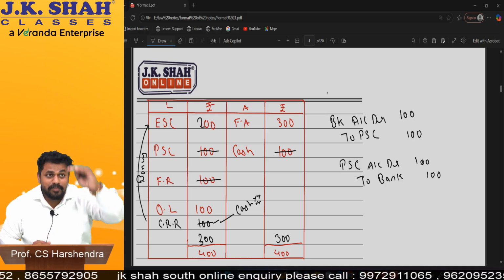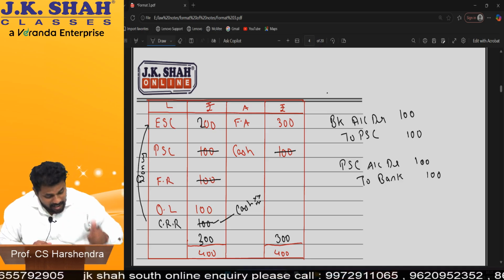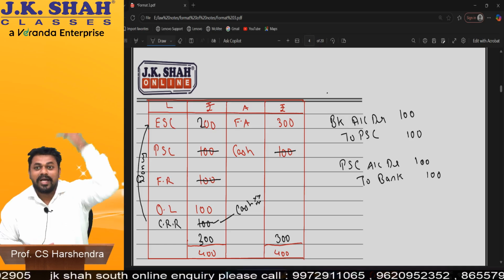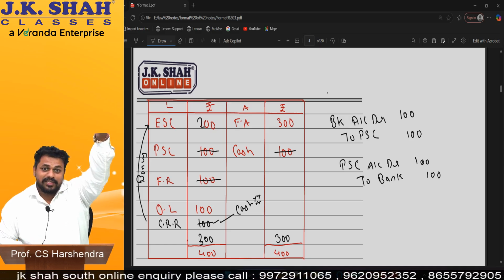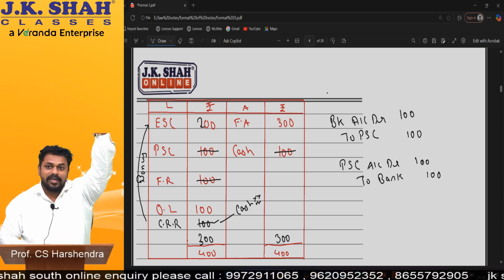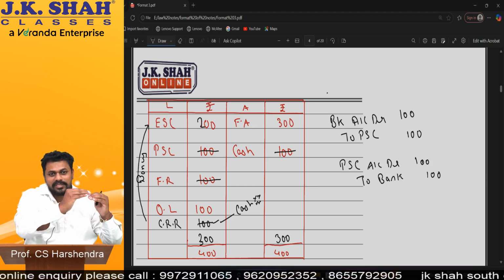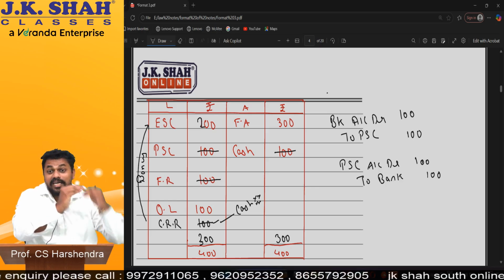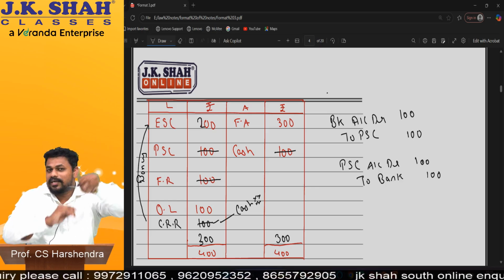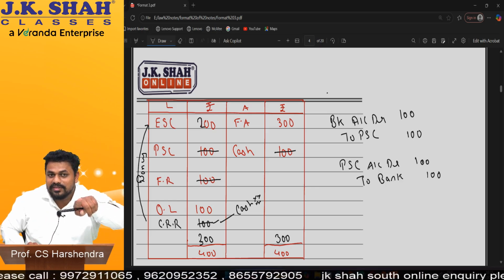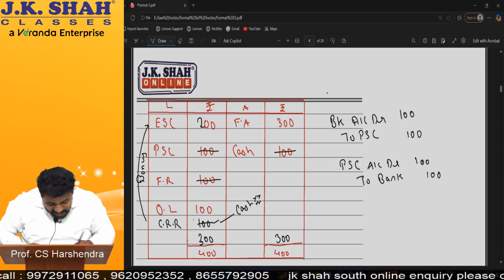See, by redemption of preference share, your capital is falling down. But because of CRR, it is coming back again. Yes or no? We are creating it again. So tell me, is the capital actually getting down or not? For some time it is going down and again it will come up. That is the reason creditors' interest is not affected. Am I clear with this? Okay. So that is the reason we create CRR.